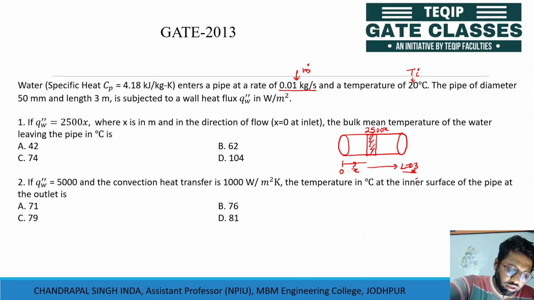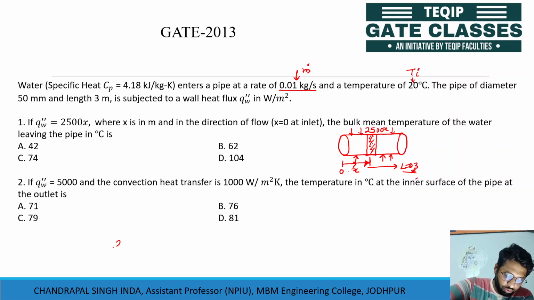So this is at the x distance, so that will be equal to the 2500 x. That is a heat flux. Heat flux represents the heat transferred between the wall and the fluid. So whatever is going in will contribute to increasing the internal energy of the water. So here we will have the total heat energy transferred between wall and the fluid.